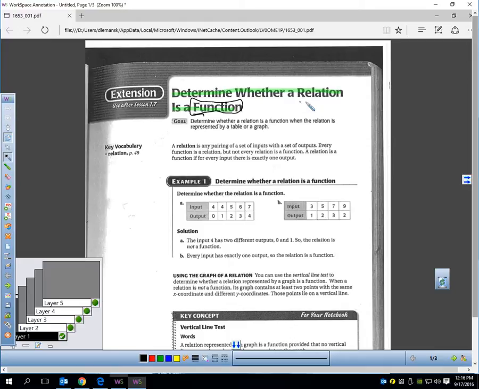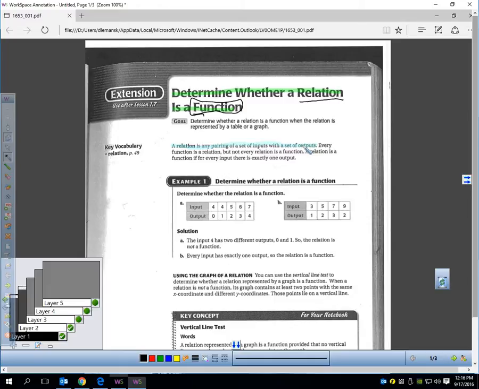We haven't talked about this word though, so let's talk about what a relation is, and it's a pretty simple idea. It starts right here in the first sentence. A relation is any pairing of inputs with outputs. In other words, anytime you make a table and you put inputs and outputs on your table, you have just created a relation. Now remember, for that relation to be a function special, each input would have to give you